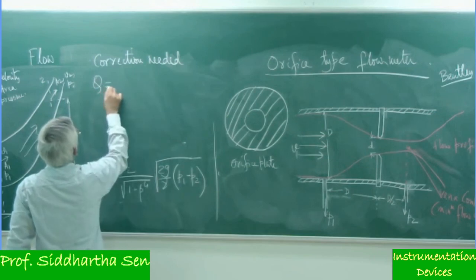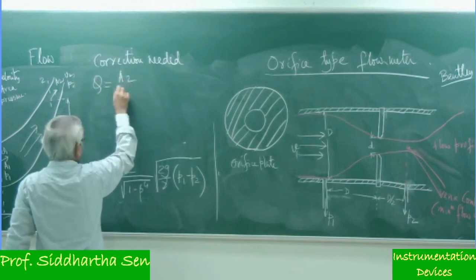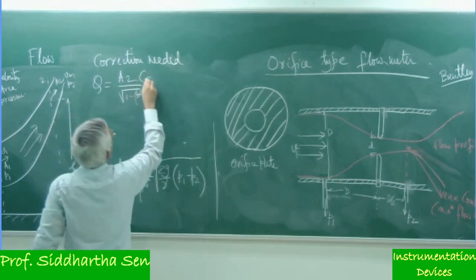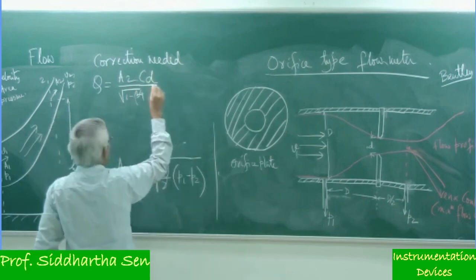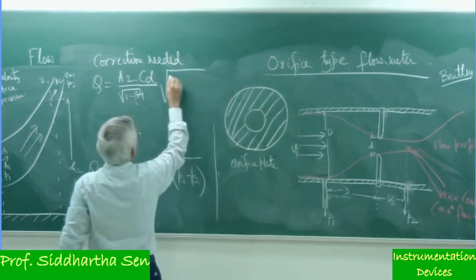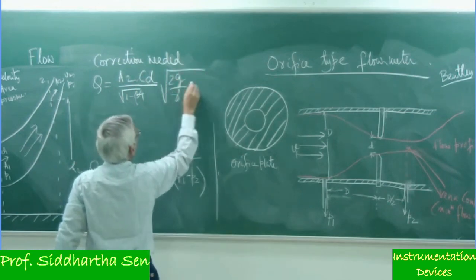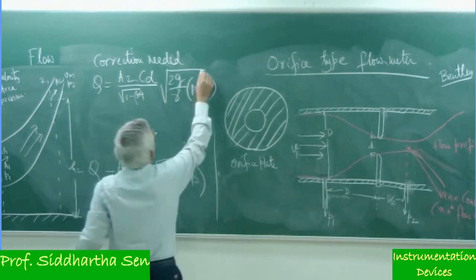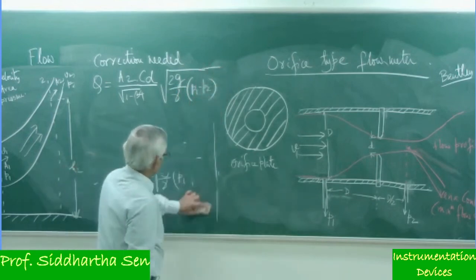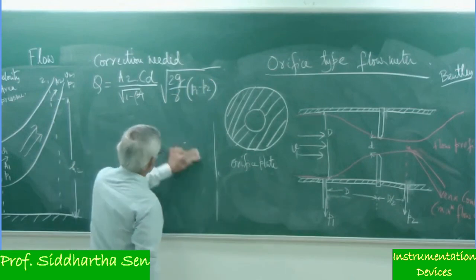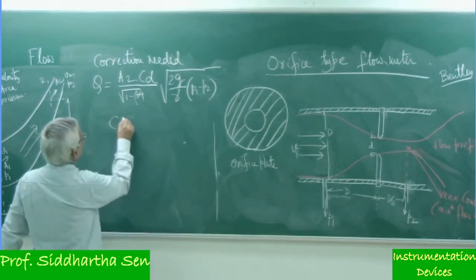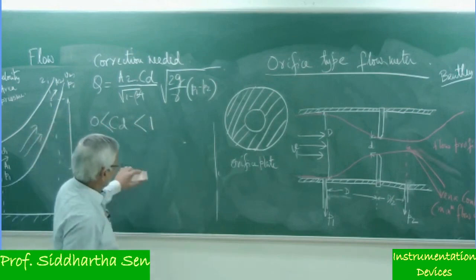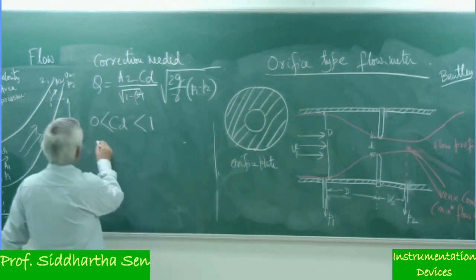Q is equal to A2 divided by 1 minus beta to the power 4. Here I multiply it by CD, and there it is 2G by gamma into P1 minus P2T. What is CD? CD is a correction factor, and CD value is less than 1, in between 0 to 1. And CD is known as